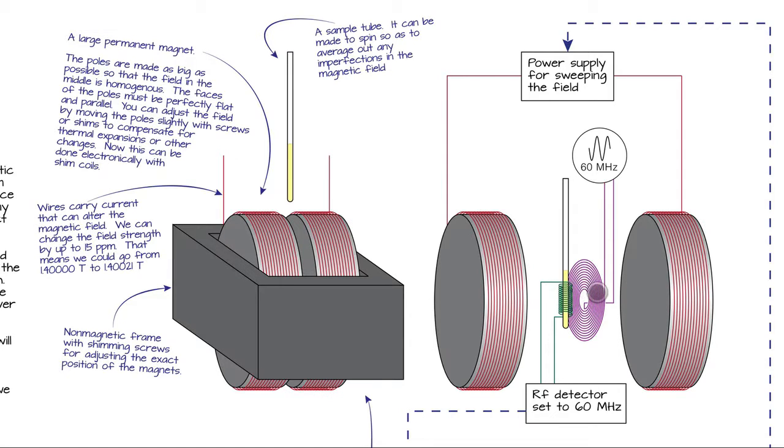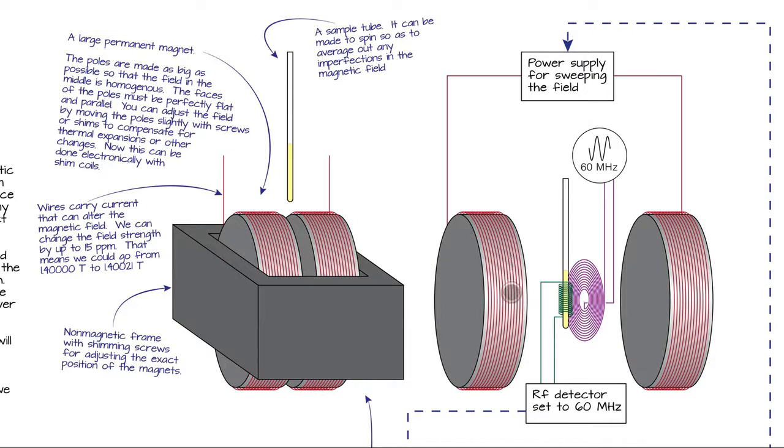Basically, a transmitting antenna cannot send a signal to a receiving antenna that's at 90 degrees to it. And right here, they're right next to each other. There's no chance for the polarity of that signal to change due to refraction around corners or hitting walls or anything. So basically, this receiver will not receive the powerful signal that's coming off of this transmitter. But the sample receives it. The nuclei are getting excited. If the magnetic field strength is such that their resonance frequency is 60 megahertz, they'll receive the signal and emit